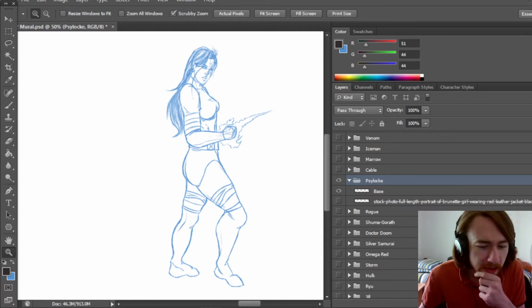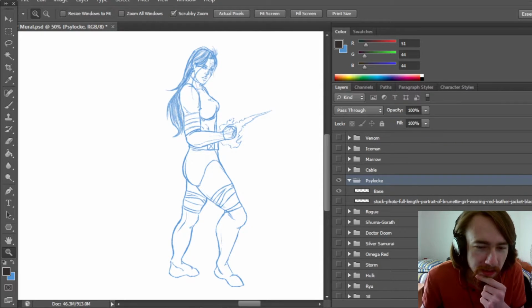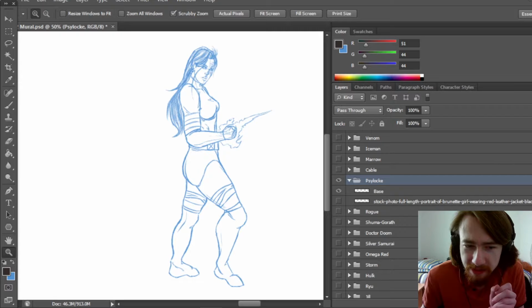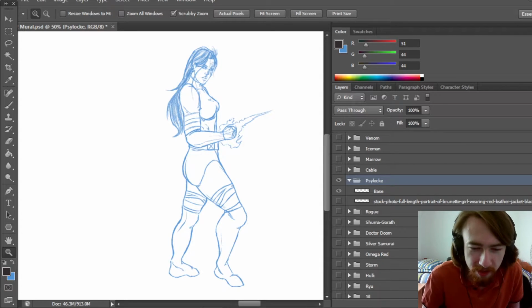But yeah. Psylocke is one of those odd characters because I know nothing about Psylocke. Despite the fact that she's from the era of X-Men that I actually kind of am aware of, being the 90s, Psylocke is one of those characters that kind of passed me by, in a sense, because she wasn't really in the animated series. I mean, she was in it, if I remember correctly, but she only had like a cameo. Same with a lot of those characters, they were only really in a little bit of it, even though they were all from that same era of the comics.